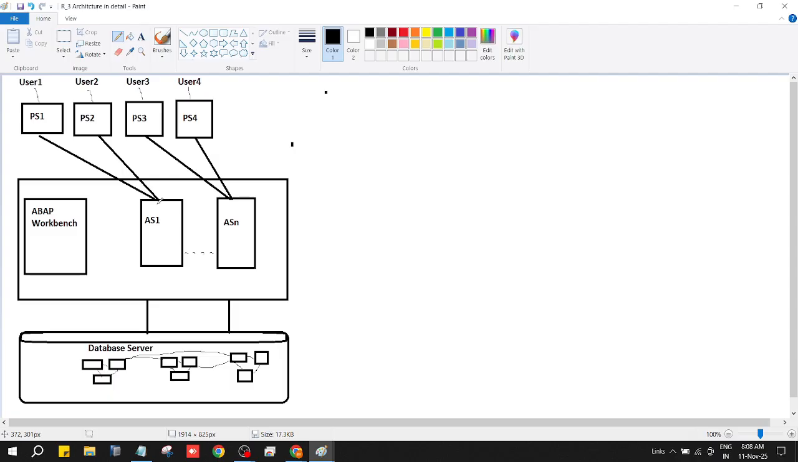Once they connect to the application, what type of activity do users or consultants hardly do in SAP? First, inserting data. Inserting data is nothing but